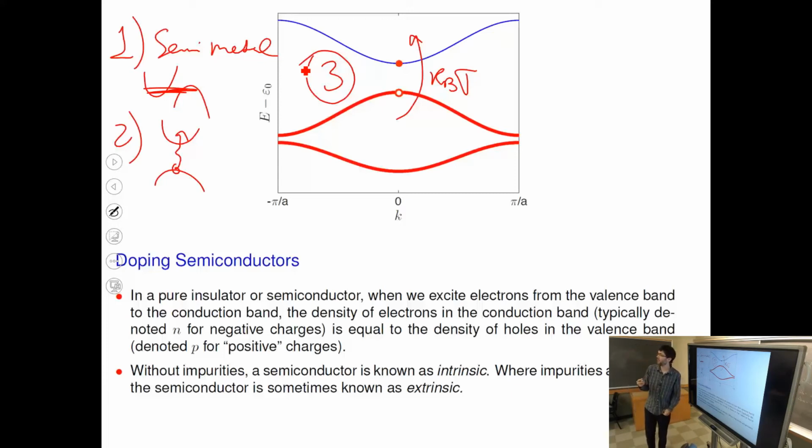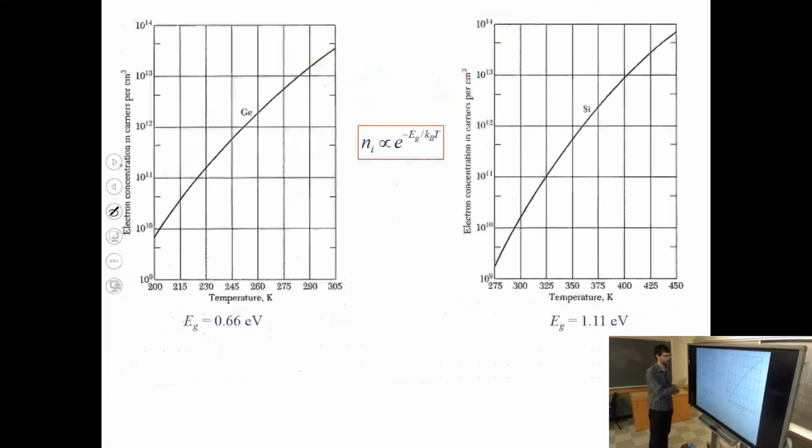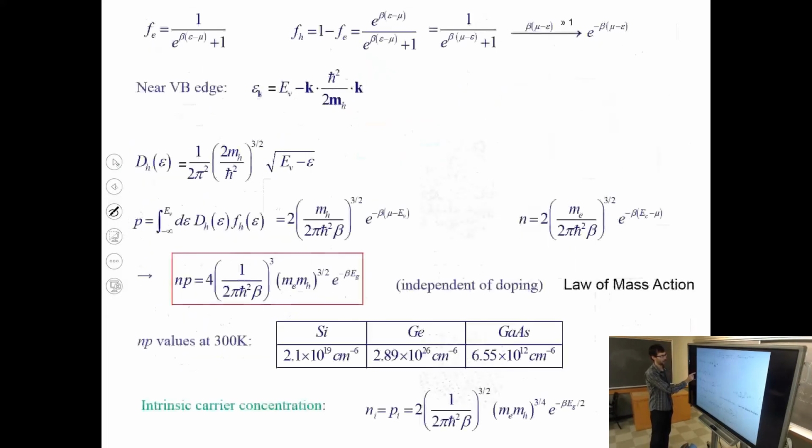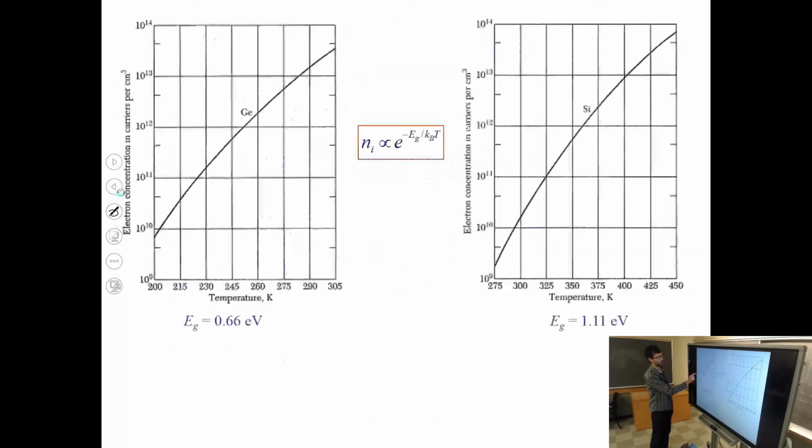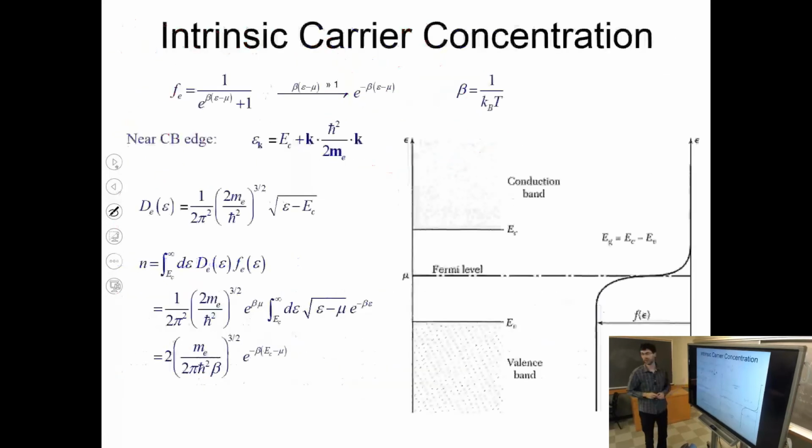So in the intrinsic one, the density of electrons and the density of holes is the same. But if you have these impurities, which we are now going to call dopants, you have atoms of another kind. They can either donate electrons or create a lack of electron at the lattice site where they exist. And then the number of electrons and the number of holes may be two different numbers. So that's doping. We're going to first talk about the intrinsic situation, and we're going to introduce some important statistical mechanics here.